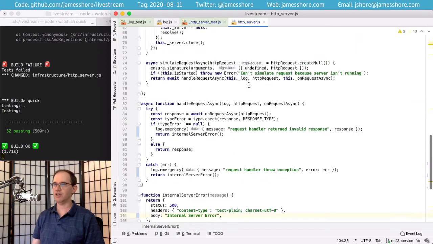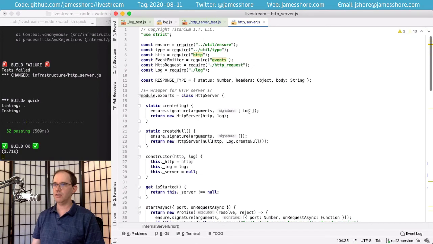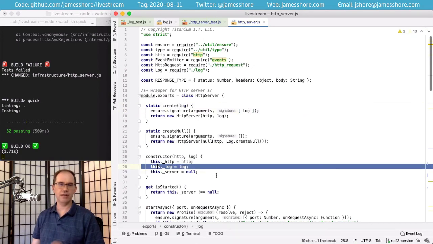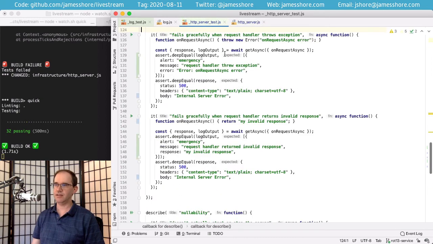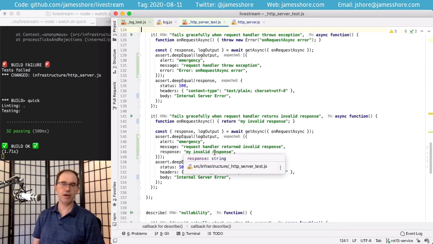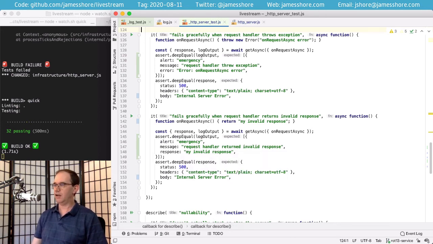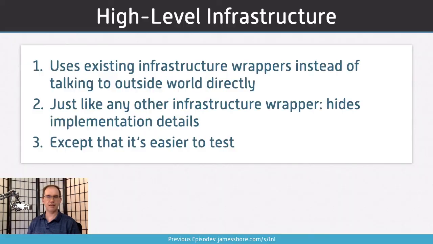You just need to pass the log into the object, which I did right here, save it off, and then use it. It's so nice the way it works, and I find it much more convenient than doing the mock-based approach. A question came in the chat. I will take that in just a moment. Before that, I want to just wrap things up for you all.